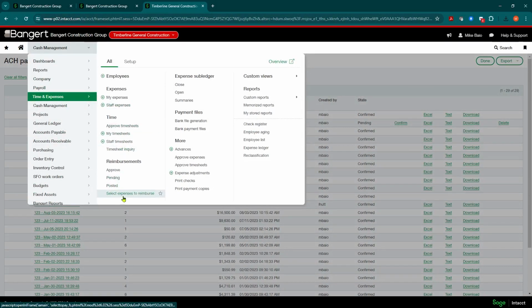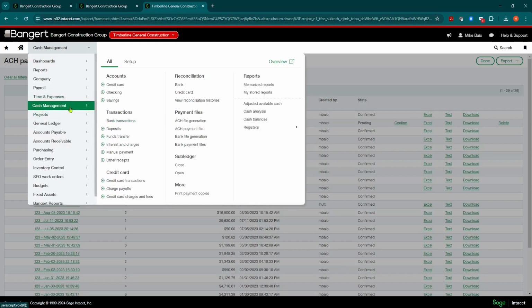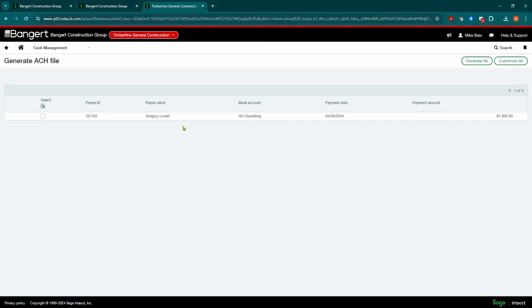Now if I want to edit that, or if I need to go fix my bank account and then regenerate the file, I can go back into Cash Management, ACH file generation. It's still there waiting to be regenerated, so you can regenerate this as many times as you need. Once it's correct and it came back good, you just have to make sure you delete this entry out of the system.